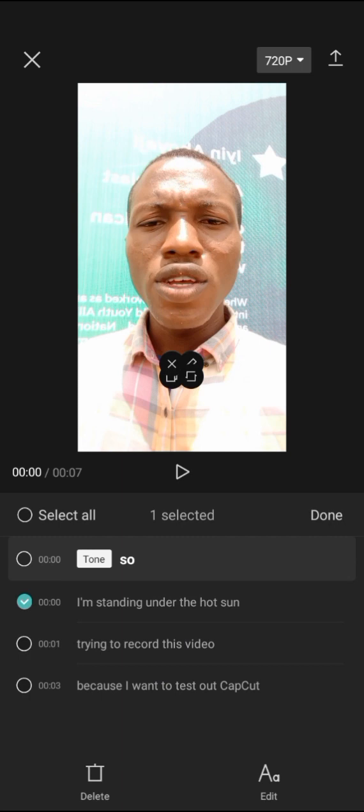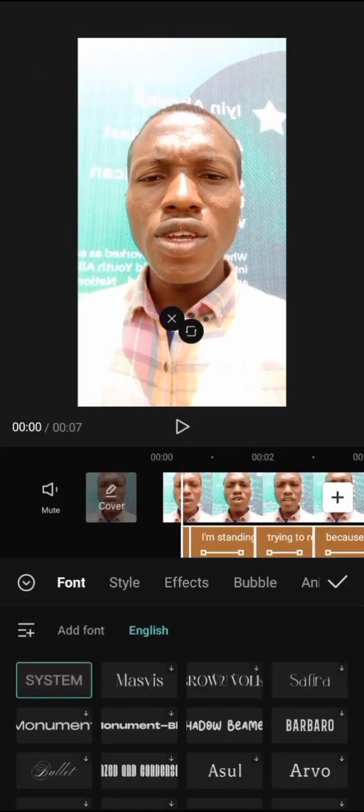The next thing I want to do is change the size and change how the write-up looks. The way I do that is first I have to click on select all to be able to select every single write-up. Then I click edit at the bottom. Now, when I get to edit, the first thing I can do is change the way the text looks. So just to give you an idea, so you see immediately what we are doing, you can click on